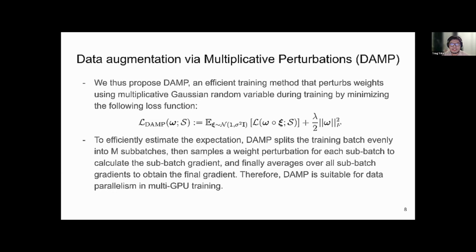To efficiently estimate the expectation without increasing the training cost, we split each training batch evenly into M sub-batches, and then we sample a weight perturbation for each sub-batch to calculate the sub-batch gradient, and then finally we average over all sub-batch gradients to obtain the final gradient. And therefore, this algorithm is very suitable for data parallelism in multi-GPU training.